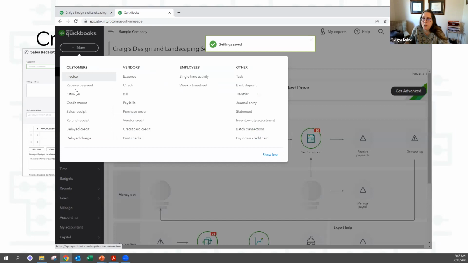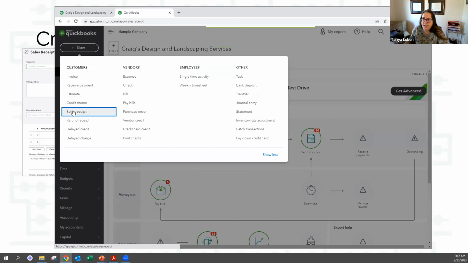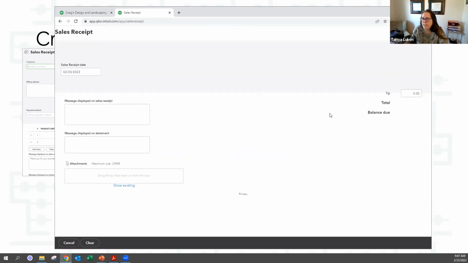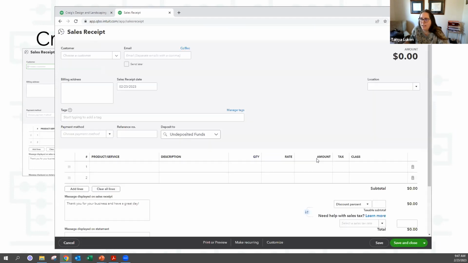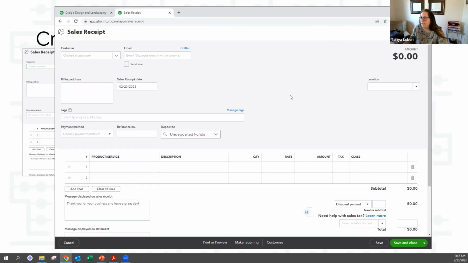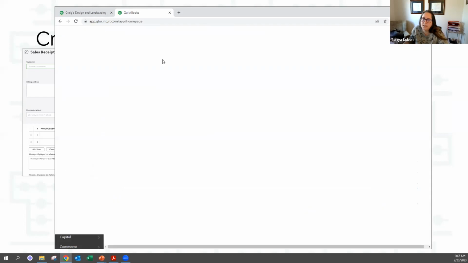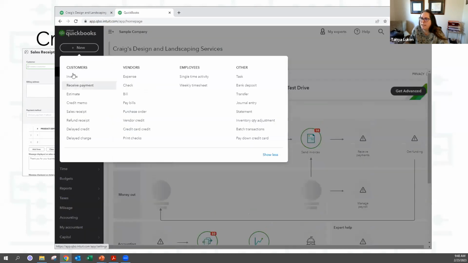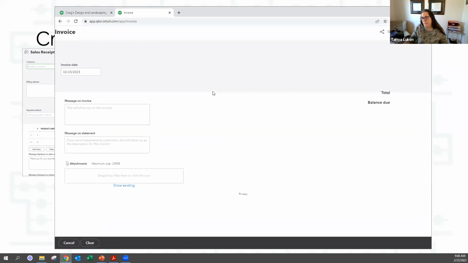And what happens is when you go to your sales receipt or to your invoice, it's going to have the deposit on the, oh, it's not going to do it there. Sorry, sometimes in the demo versions, they tell you it does things and then it doesn't. Let's try it here.